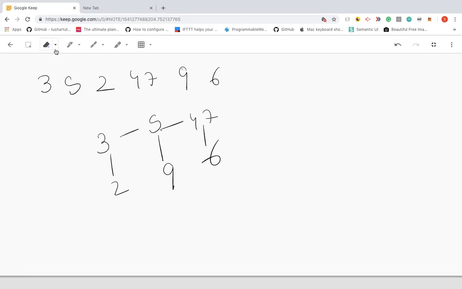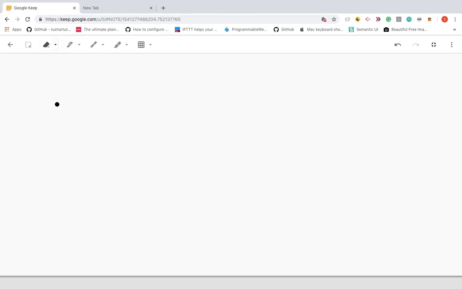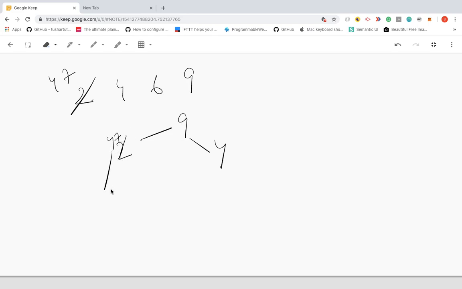But what if we have elements like 2, 4, 6 and 9? 2 can have a direct edge with 9, 9 can have a direct edge with 4, but 6 cannot have a direct edge. So what we will do is swap 2 with 47, and then